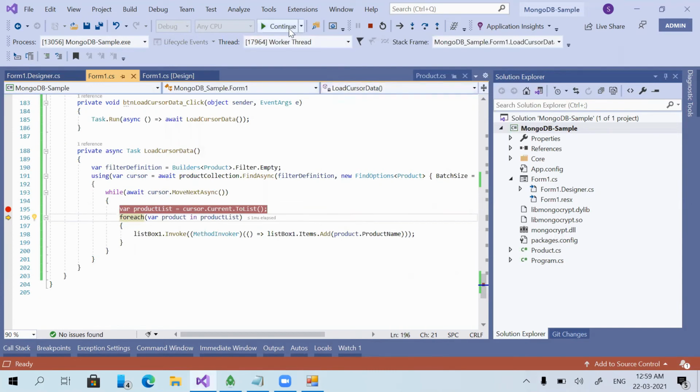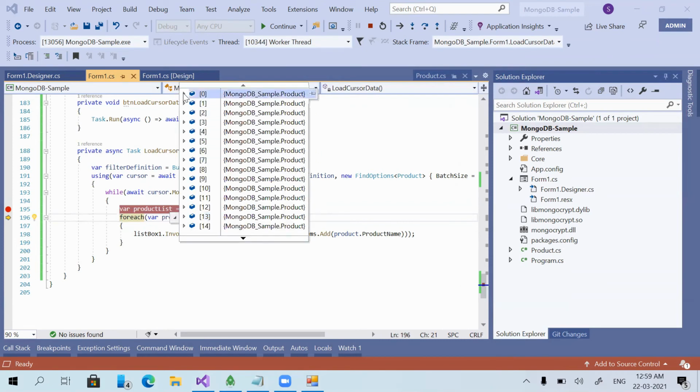Okay, now if I click on continue, it will take the 100 products from the database and run this function, and those 100 products will get added to the list box. After that it will take the next 100 products. I'm pressing F10 again. You can see it now has another 100 products.